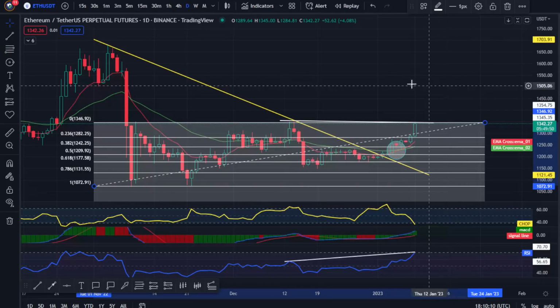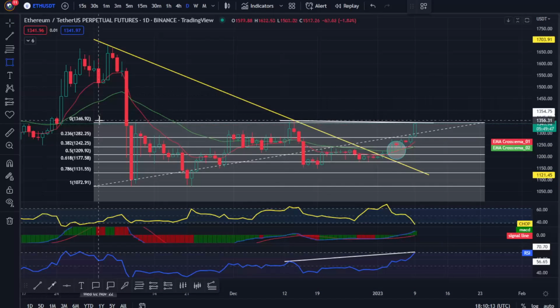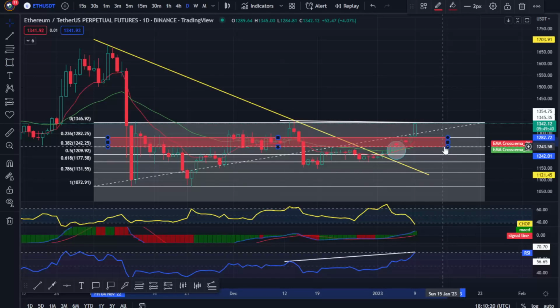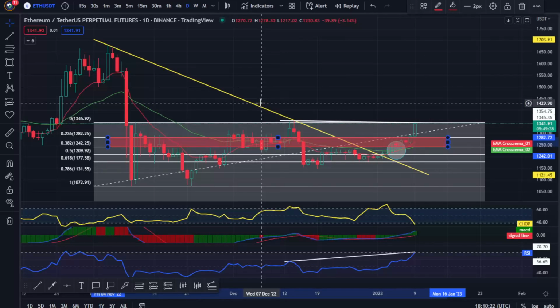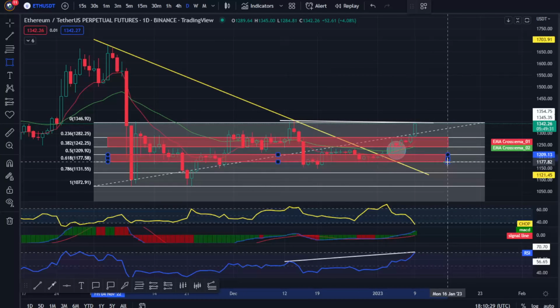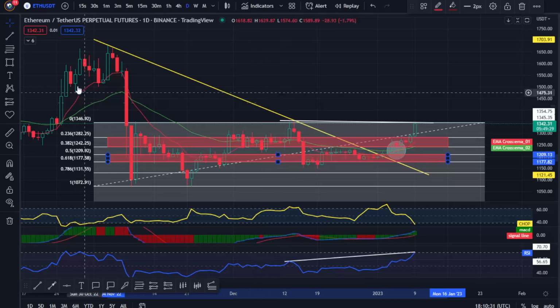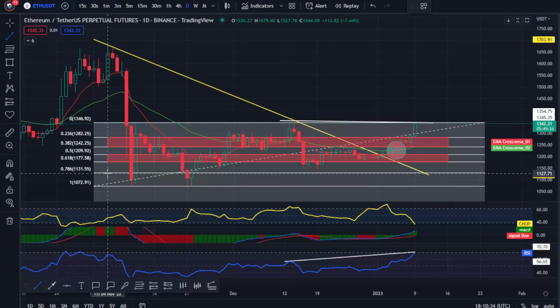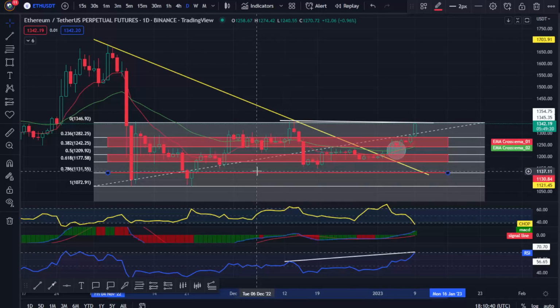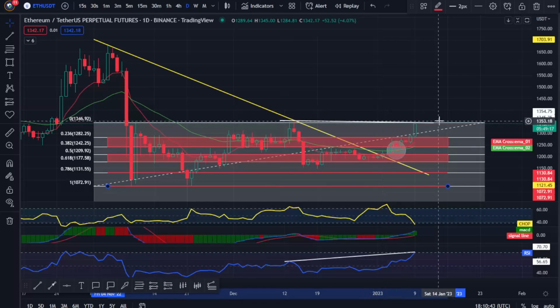Let's move on to identify the support areas in case the price turns around, and here we can mark the support zone from $1,283 to $1,242. Then the second support zone from $1,209 to $1,178. When the price drops lower, we have support at $1,131 and $1,073 in place of the previous one hole for the